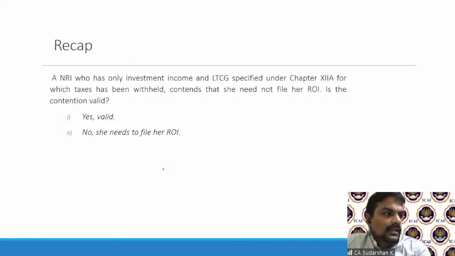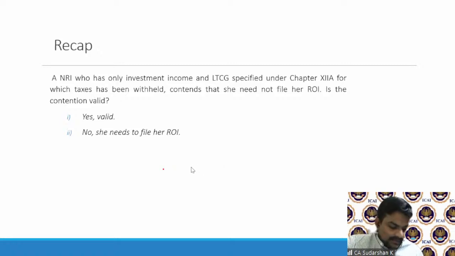Last one: an NRI who has only investment income and long-term capital gains specified under Chapter 12A, that is for non-resident Indians. For these incomes, tax has been withheld, and this NRI contends that she need not file a return of income. Is the contention valid? Obviously, again, two answers: yes, valid, or no, not valid. The answer is